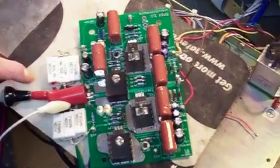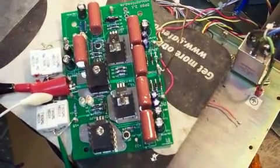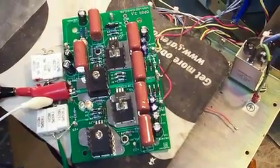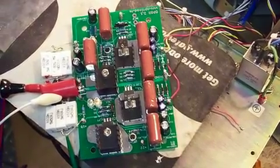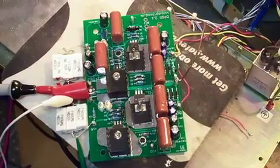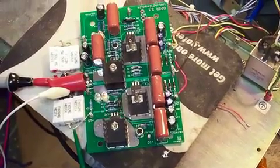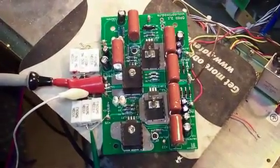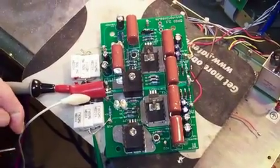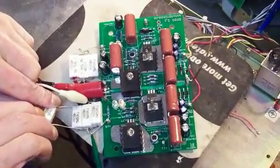Please ignore the smoke. It's this red clip lead touching the power resistors. Those power resistors are 50 ohm, 5 watt. We have 3 of them in parallel with each other. That's 15 watts, which is 1 ampere at 15 volts. Actually we're drawing 900 milliamps because it's 16.7 ohms with 3 50 ohm resistors in parallel. But as long as I can hold it, I can add a fourth 50 ohm resistor, which will bring the current consumption up to